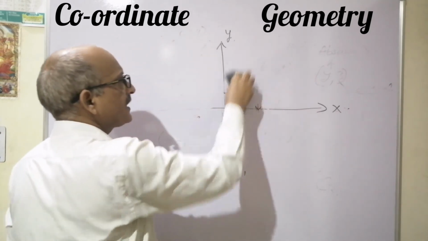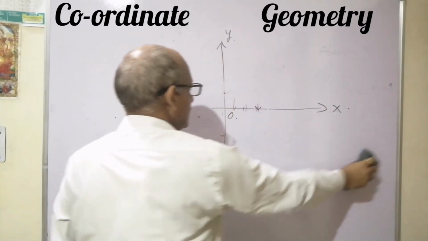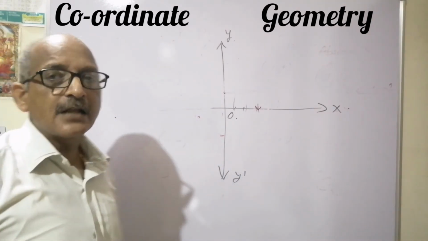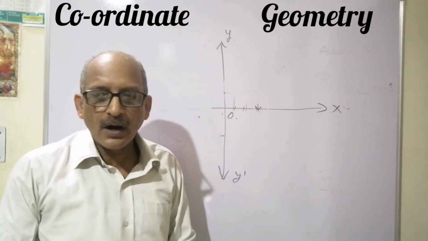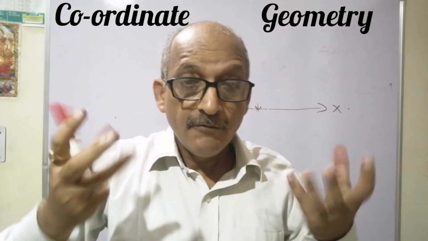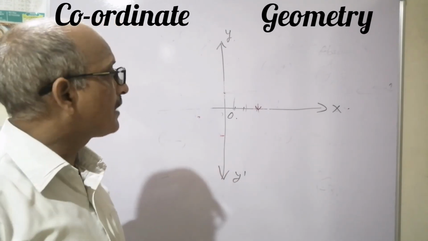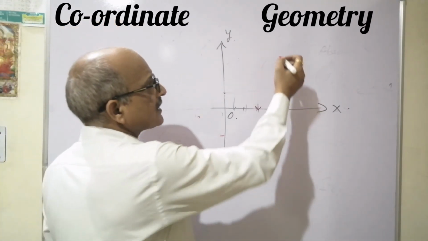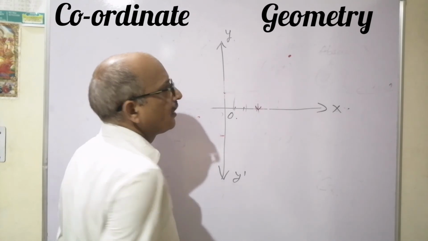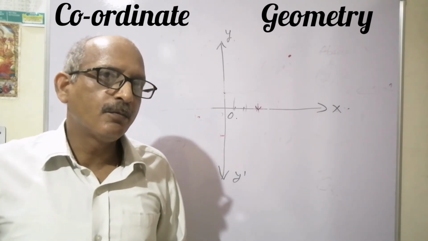Actually this topic is very interesting and very important in the field of geometry. Coordinate geometry is also known as analytical geometry because we have to analyze it, we have to think on it. Say again an example is being taken by me. Say I have some point over here. Then how will you get its x value?